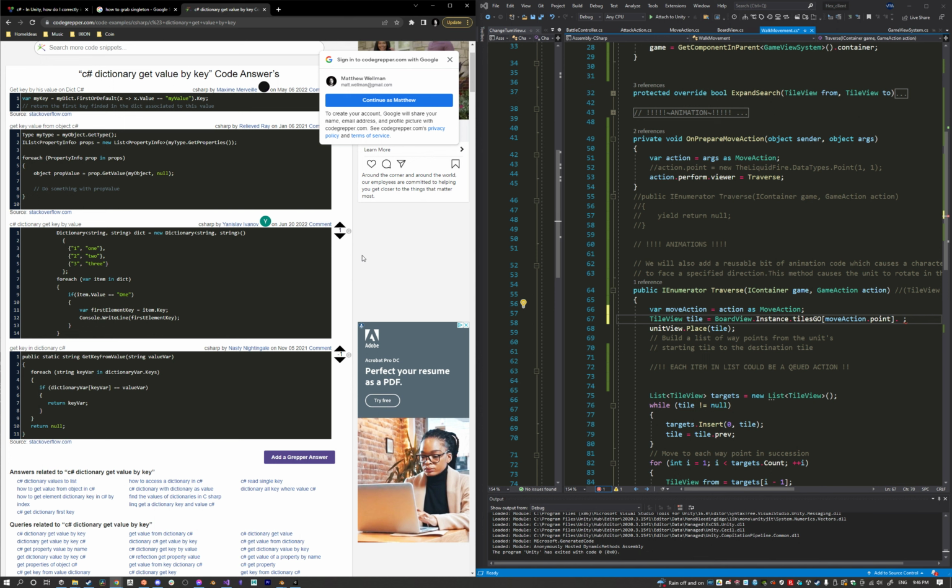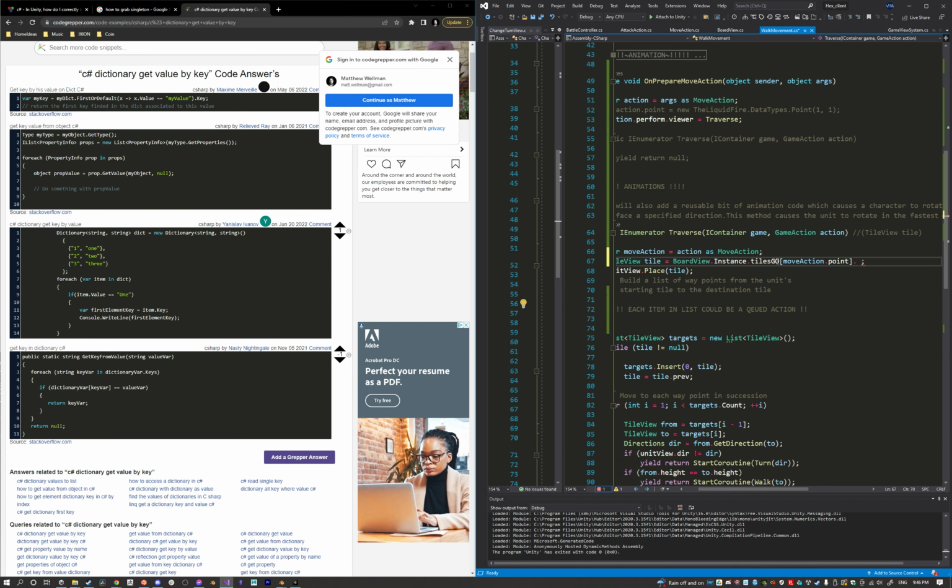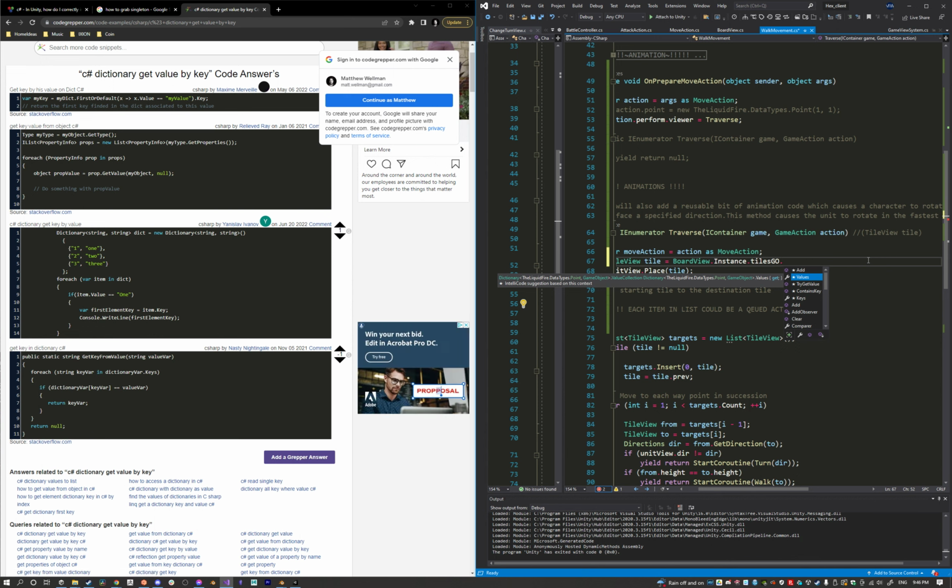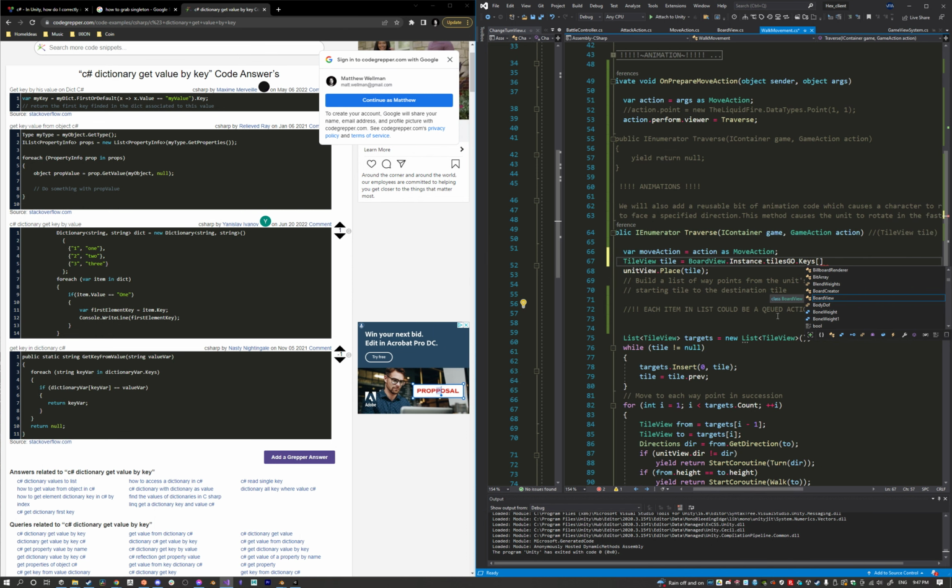I know I did it before. Where the hell? Surprised I can't. Right? Geo dot values, keys. I got rid of my key. Move action dot point dot